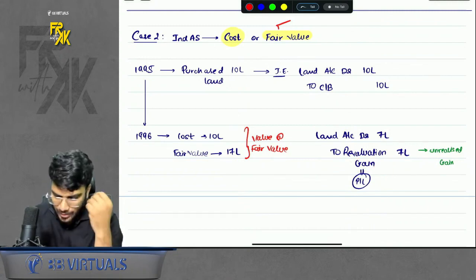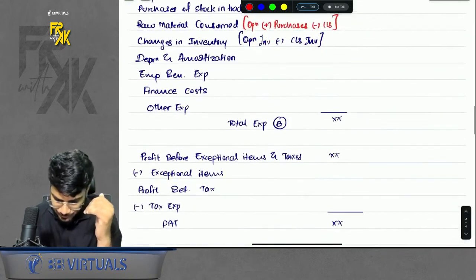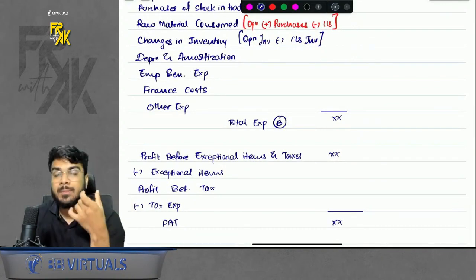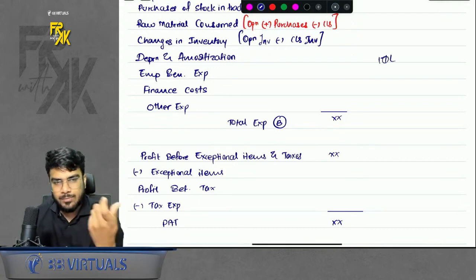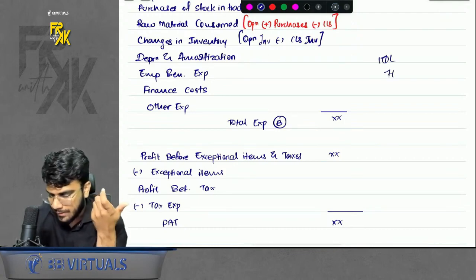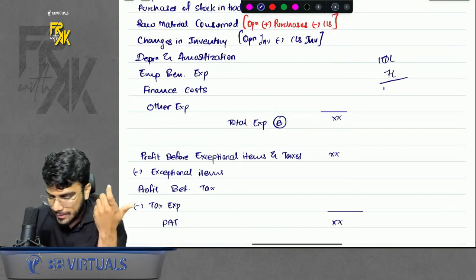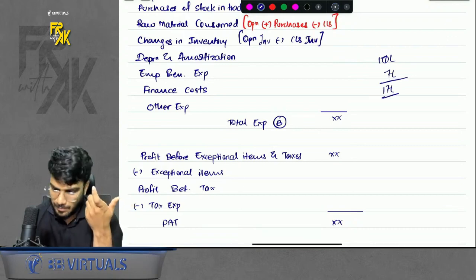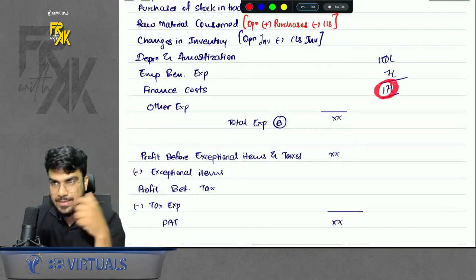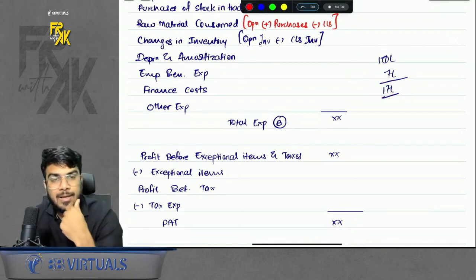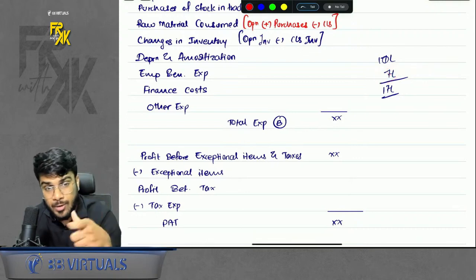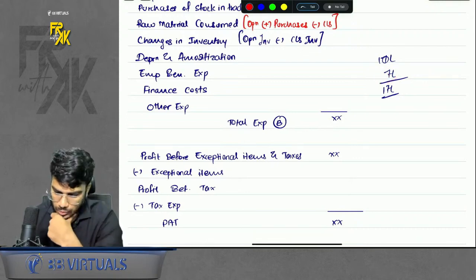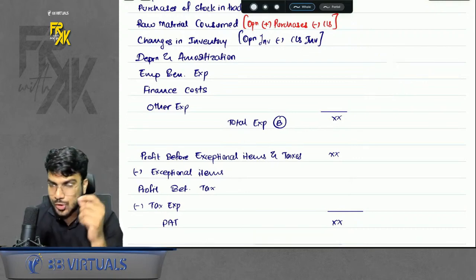See, this is an issue. Why? Let's say for example, your normal profit from the business is 10 lakhs. And from this revaluation gain, you earn another 7 lakhs. So ideally your profitability is seen as 17 lakhs. But if the shareholders see 17 lakhs, they will not get a true picture of the company. Why? Because out of this, 7 lakhs is unrealized. And also it is not from your core business. So what do we do? To solve this issue,